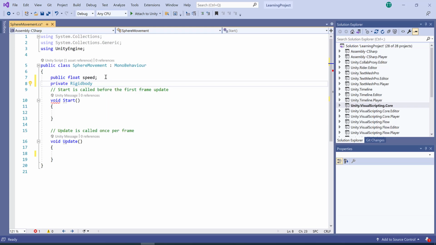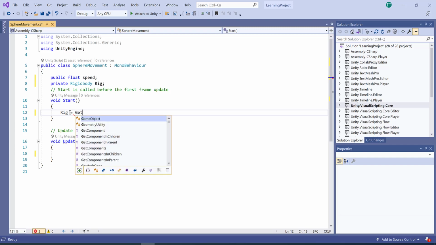I'm going to call it rig. So that's the variable name. Now in the Start function, we need to initialize this rigid body component. How to initialize this? You can use rig is equal to, and at this stage I hope you are very much familiar with how to get access to a component. You can simply call this function GetComponent.